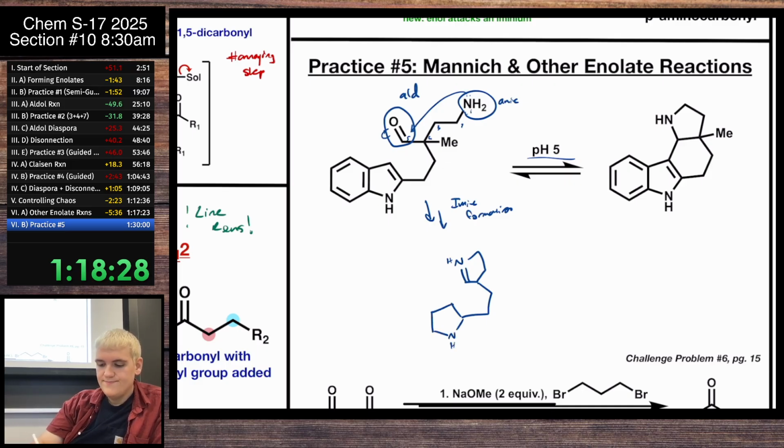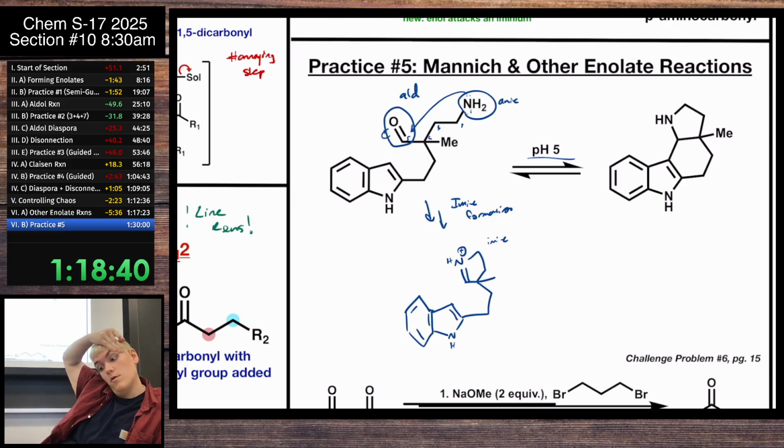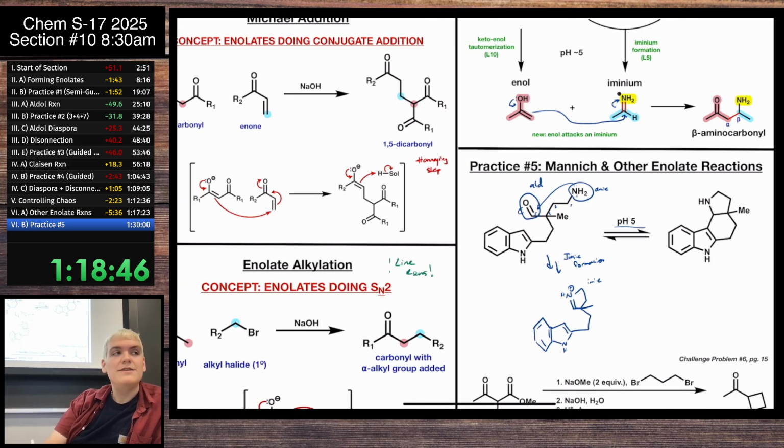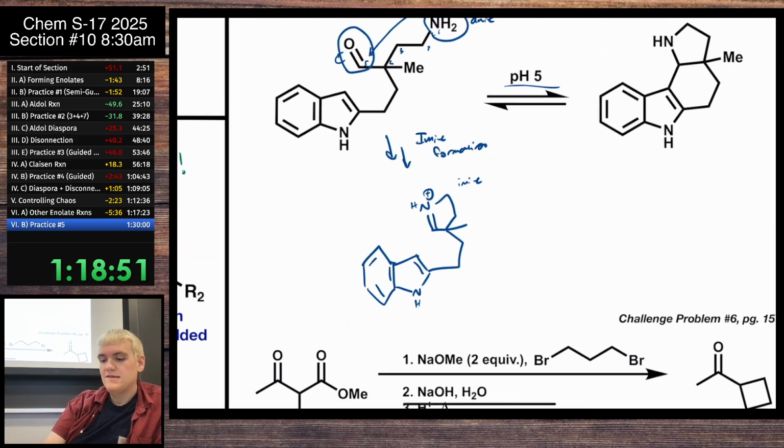It's a bit of a beast to draw. I'm sorry about that. So this is our imine that we could form. But then the big thing is, this is the point where we would want an enol to attack, right? And we don't have an enol. But we see the bond that needs to form. We know that a bond needs to form here. So is there anything that's related to this carbon that's kind of like an enol? If we want the bond to form here, based on our product, well,